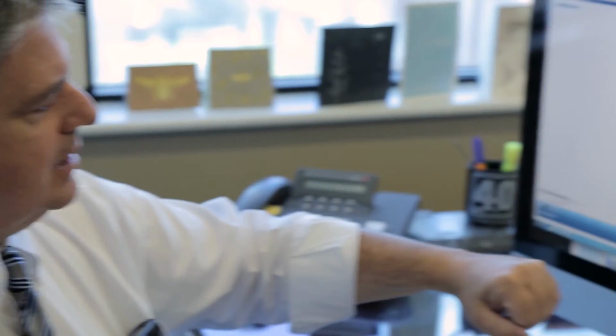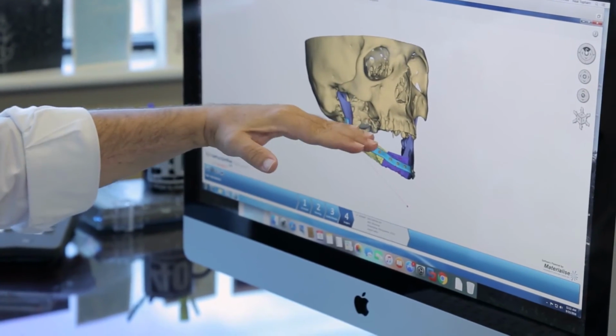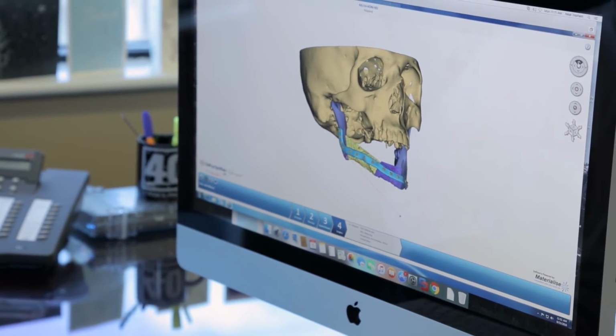So when a patient presents to Fox Chase, they'll see our breast surgeon. The breast surgeon will then refer them to myself or to one of my colleagues for a discussion of reconstructive options. For head and neck reconstruction, perhaps the largest contribution we've made in the last several years is the use